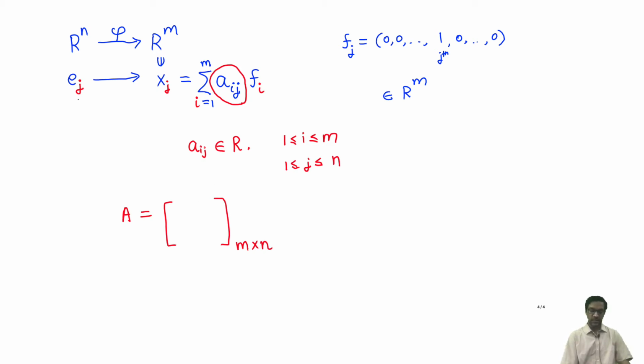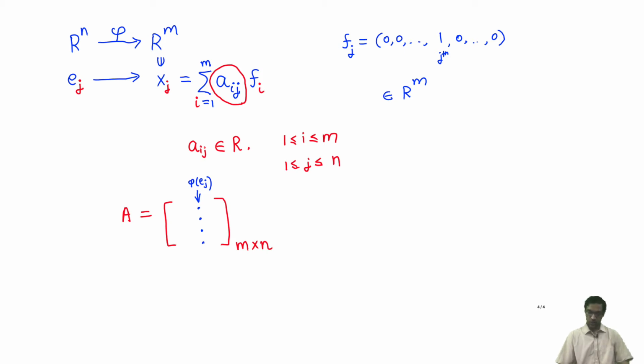So what have I done? I am saying ej maps to xj. xj is the summation of aij fi. So in other words, if I wanted to know what is phi acting on ej, then the scalars which occur are in the jth column of A. So this is our usual convention, arrange along the columns rather than along the rows. I hope that definition is clear. So I just need to tell you what these scalars are, this m cross n matrix